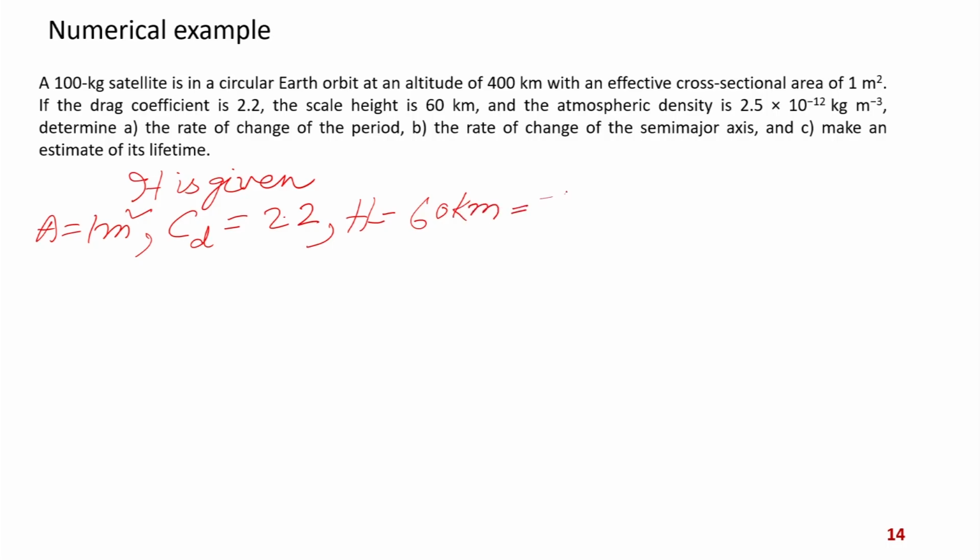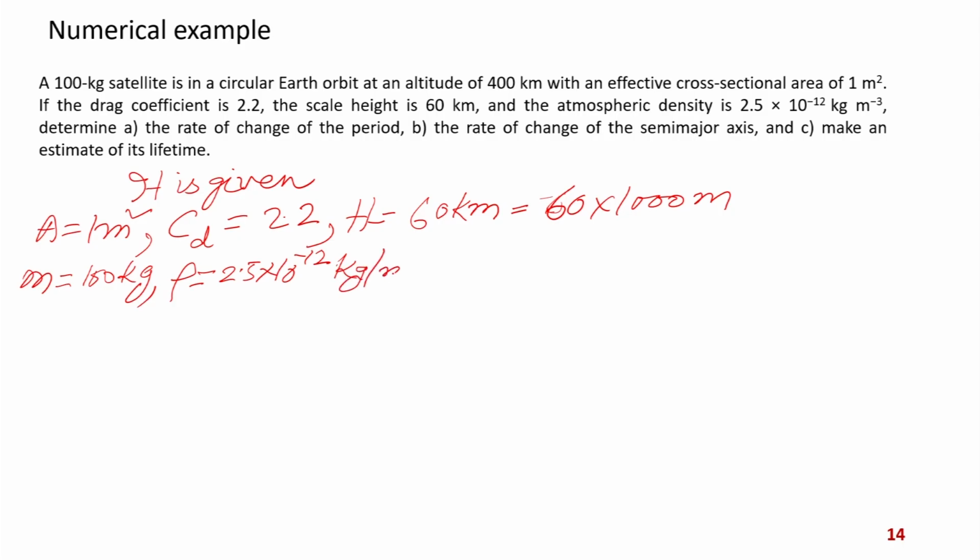So, we will multiply it 60 into 1000 meter. Then the mass is given 100 kg, then the air density rho is given by 2.5 into 10 to the power minus 12 kg per meter cube,